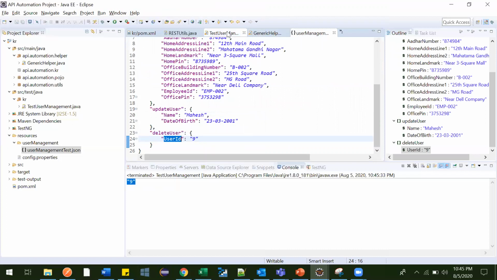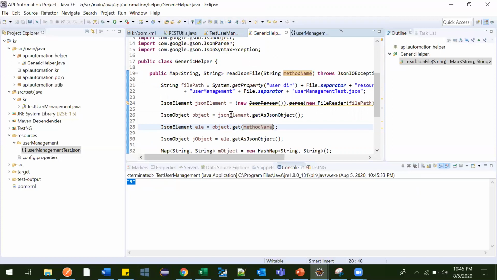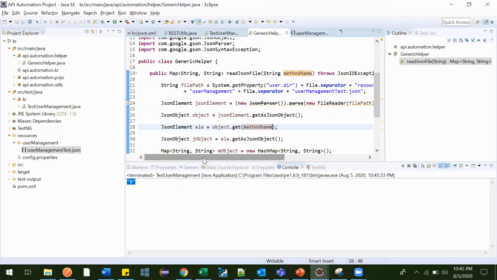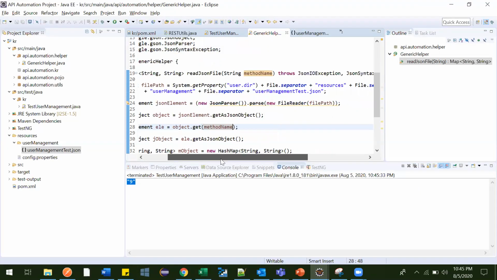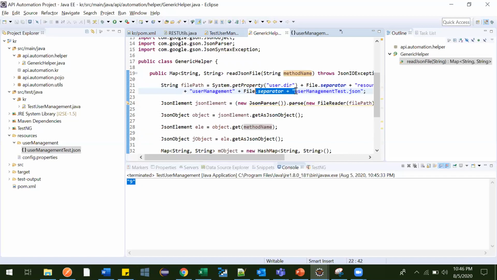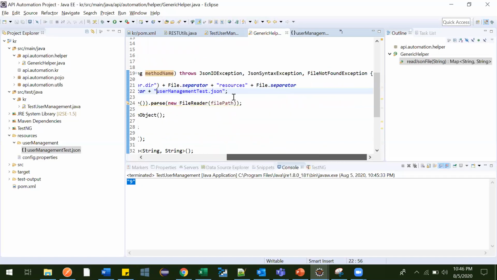Likewise, but still some problem is there here. Now what is that problem? Suppose anybody is using our framework for their application. So what they need to do is provide their details here only, in this file only. If they create some other JSON file, it will not be read, because this is hard coded over here.